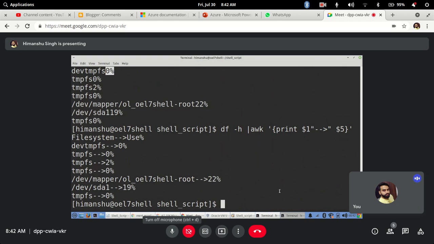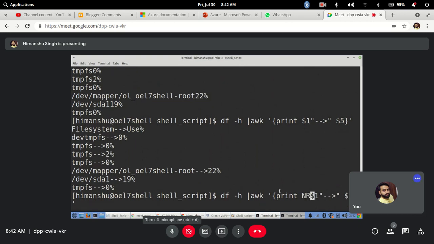Normally if you are using AWK, you want to see some line numbers. So there is a built-in variable called NR, because as I told you, AWK is almost a full scripting language in itself. So it has inbuilt and user-defined variables, but we are seeing the inbuilt ones. The inbuilt variable is called NR, which is used for the number of records, and a record is counted by each line.